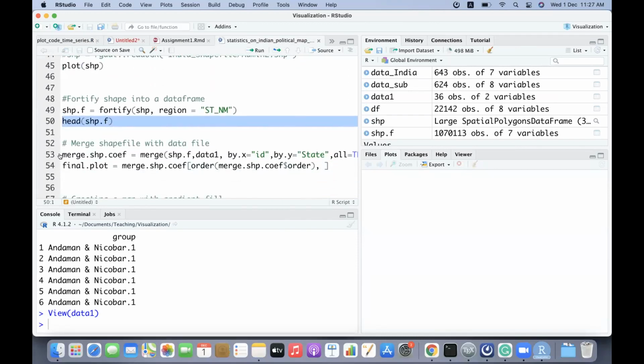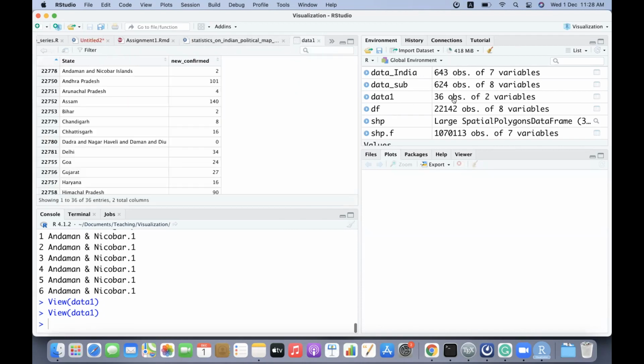So what I'm going to do is merge the shapefile with my data one. This is the shapefile, and this is my data one file. For each state, these are the statistics. I'm going to merge them by ID and state.